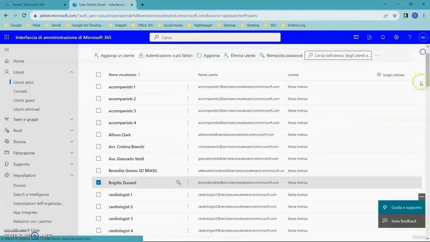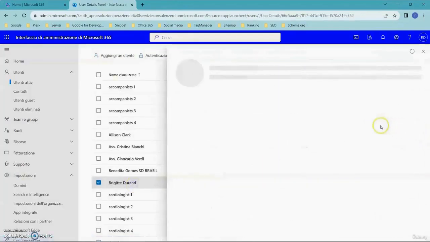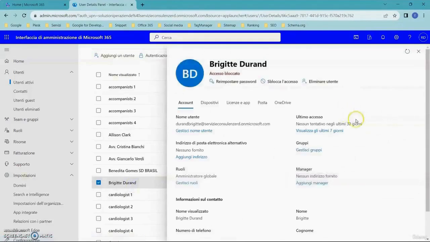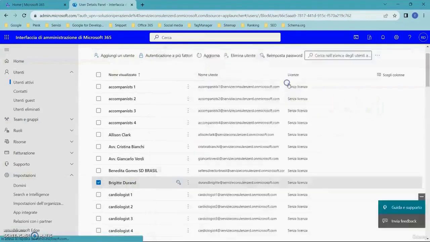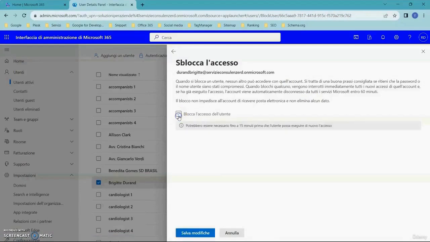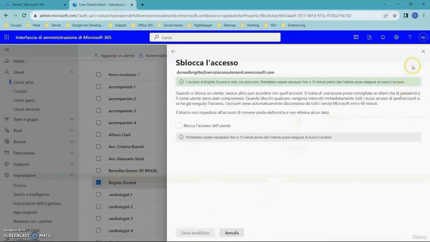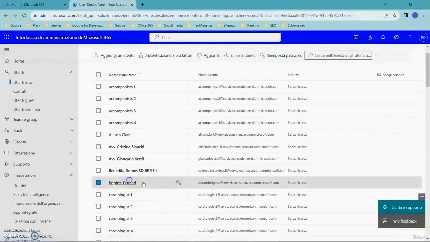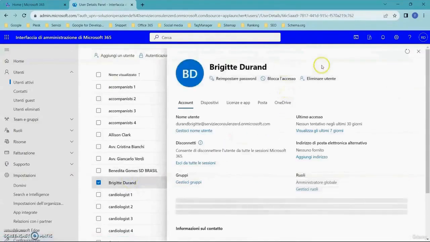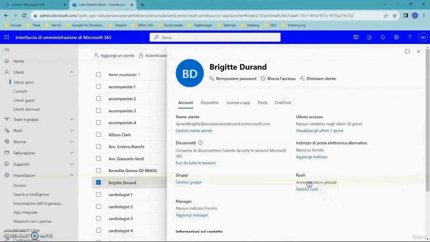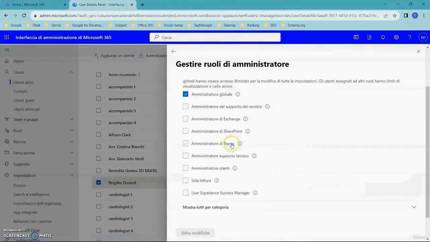And as can be seen now, if I re-enter this person's name in their profile, I will find access blocked. And obviously, as a global administrator, I will be able to unlock access. I uncheck the box, I save the changes, and then if I return to this person's name, access will no longer appear blocked. Now, in this case, I will also remove the global administrator role to avoid getting stuck in